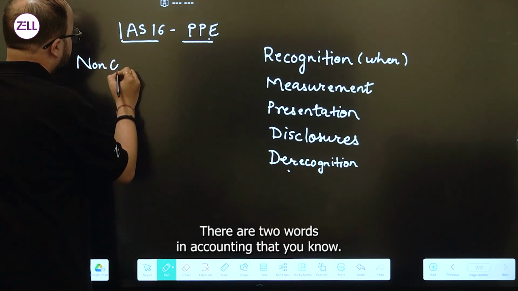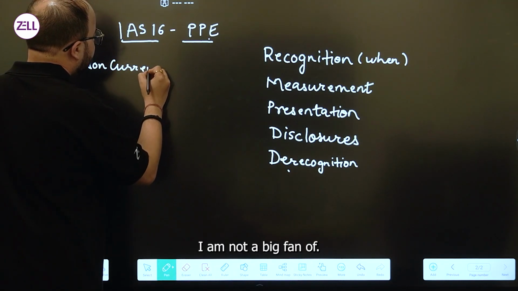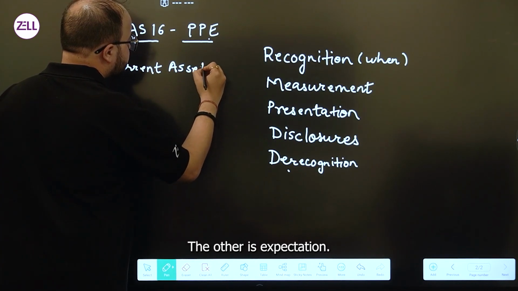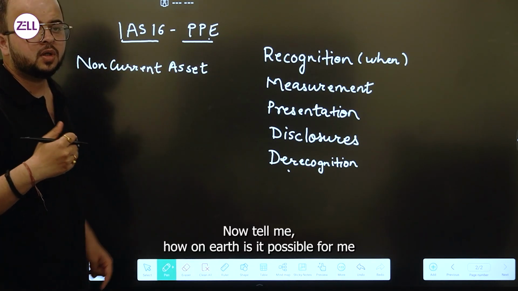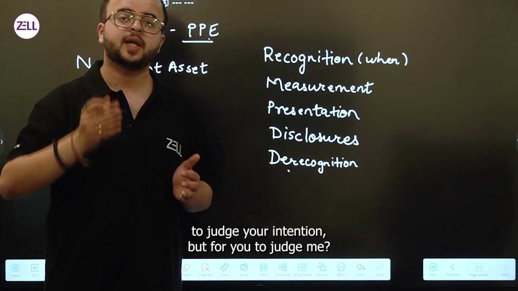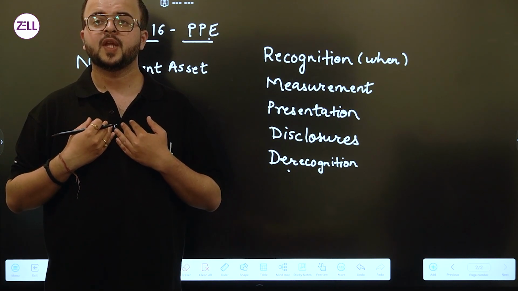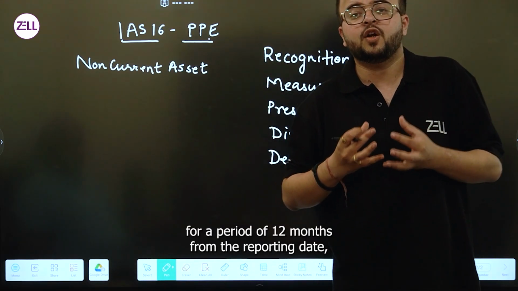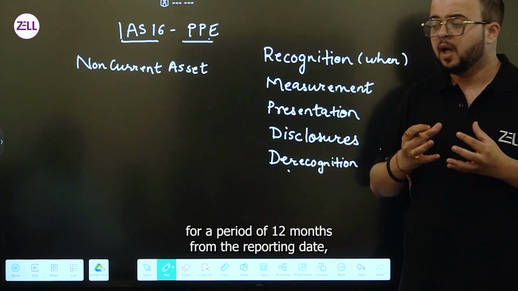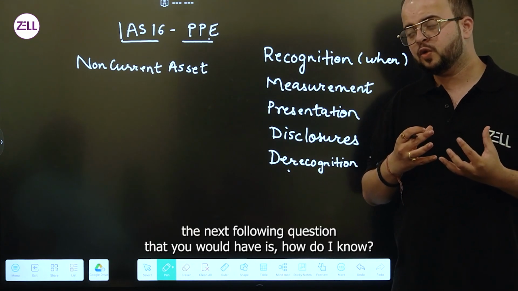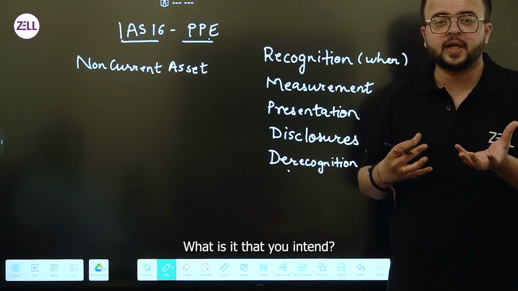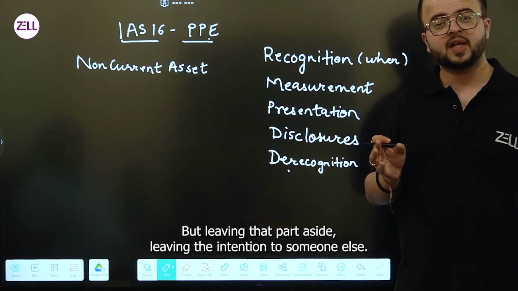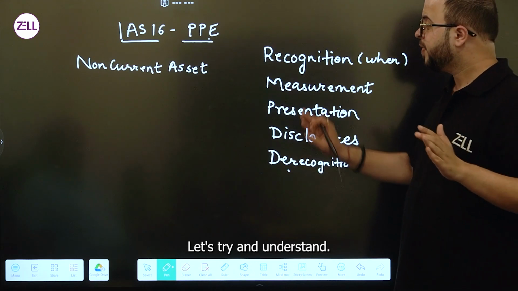There are two words in accounting that I am not a big fan of. One is intention, the other is expectation. Now tell me, how on earth is it possible for me to judge your intention or for you to judge mine? If I were to tell you that I intend to hold something for a period of 12 months from the reporting date, the next follow-on question that you would have is, how do I know what it is that you intend? But leaving that part aside, leaving the intention to someone else, let's try and understand,